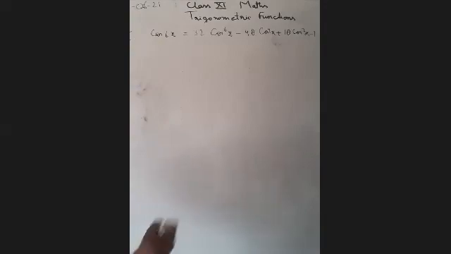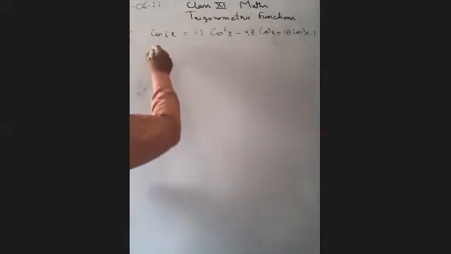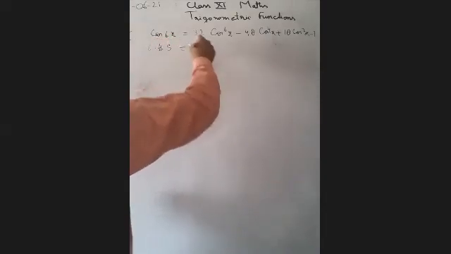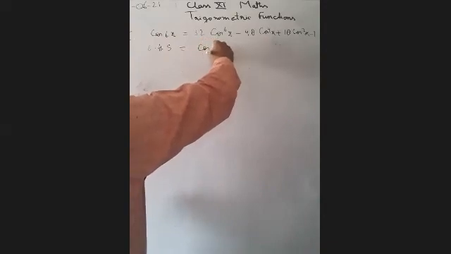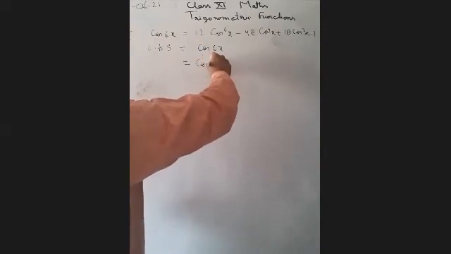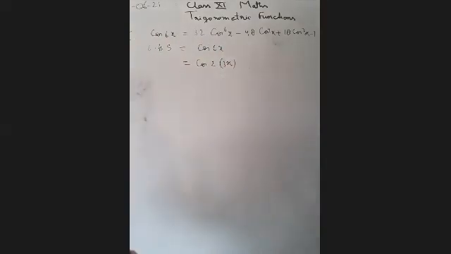You are observing that the right hand side has a lot of terms, 1, 2, 3, 4, with the degree of 6. But in the left hand side we have cos 6x only. So taking the left hand side, we can use the formula of cos 2 theta by writing cos 6x as cos 2 into 3x. And we have cos 2x.